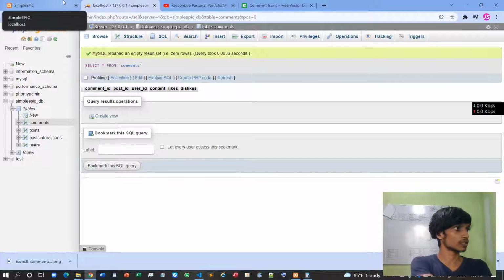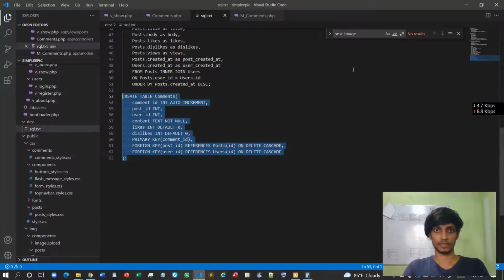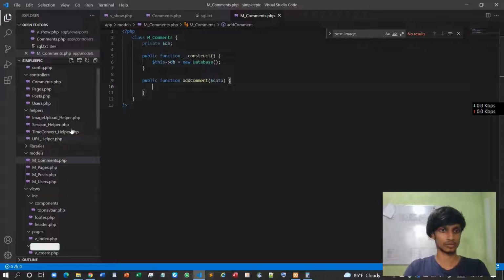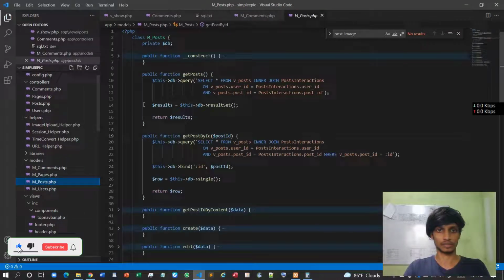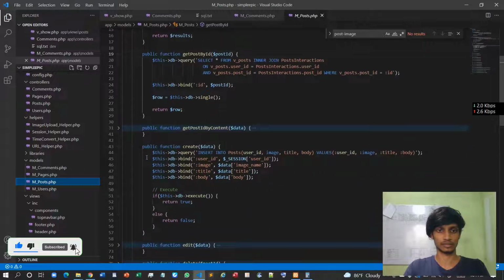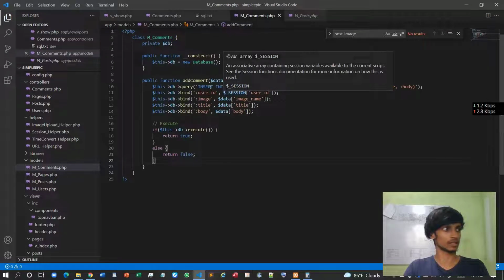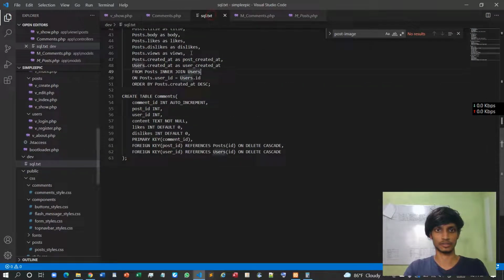Then we can go to the comment model and we need to add our comment. So I will make a function called public function add comment. So I'm taking the data from my controller. So it's somewhat similar like this. I will copy this out, then go over here, but now it's comments,